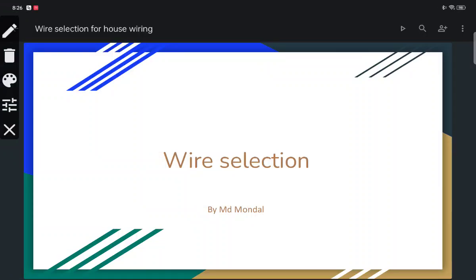And today we will discuss a very interesting topic: wire selection. Yes, if you are an electrical engineer, a technician, or an owner who wants to build their home, but you don't know how to do the wire selection, like where we should use what kind of wire and what the size will be. So here we will discuss electrical wire selection, like where and what size we should use. So first of all,